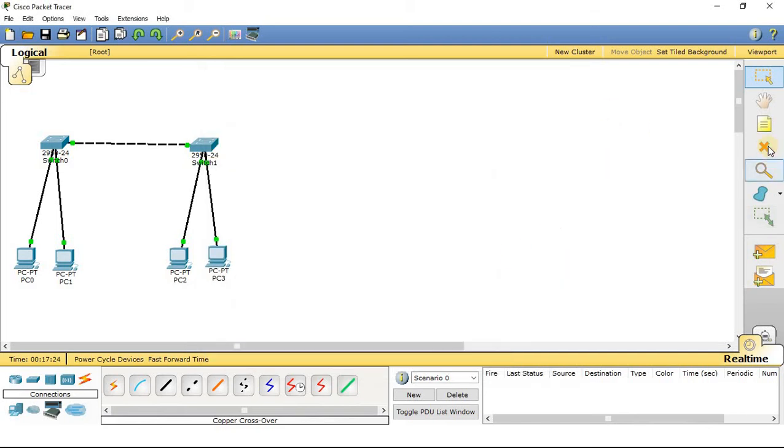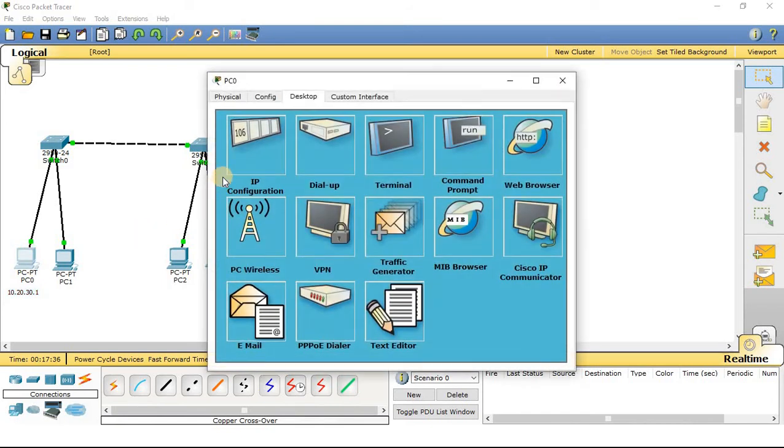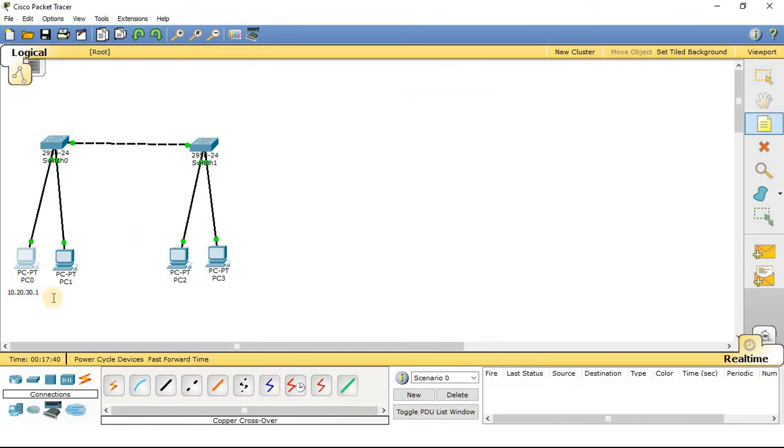Let me write down the IP addresses over here. The IP address of this computer was 10.20.30.1. The IP address for this computer is 10.20.30.2. These two computers' IP addresses I have written over here so that we can remember them later.